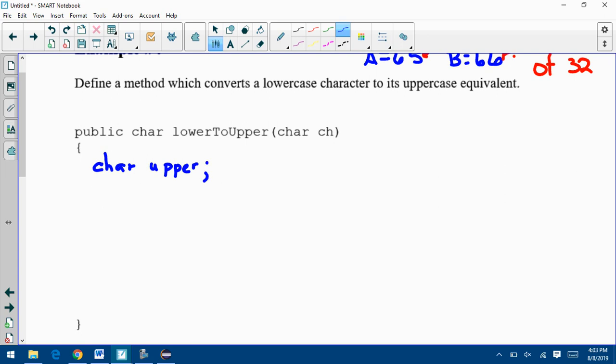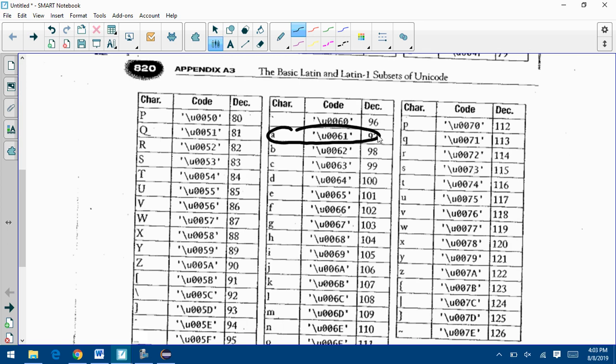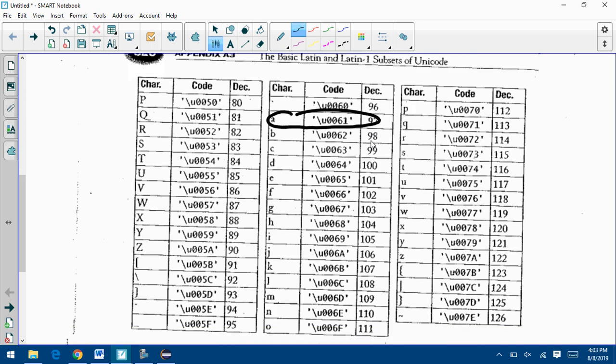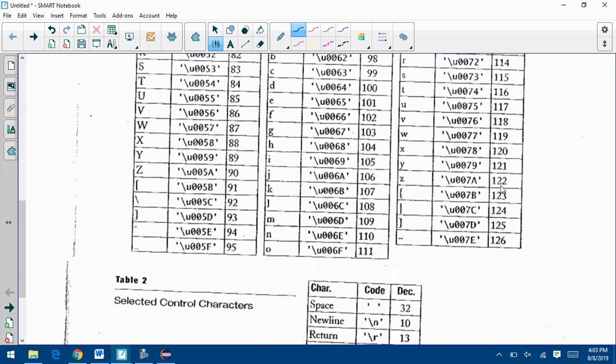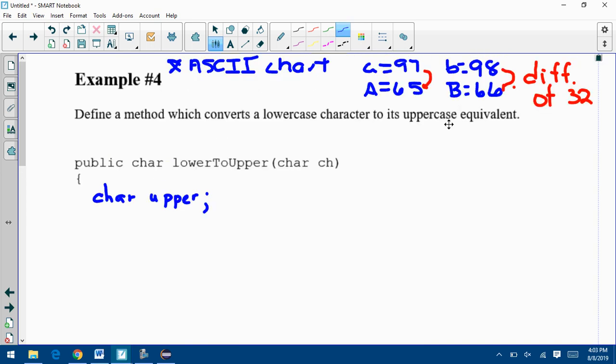Let's make sure they're actually giving us one of those values between a and z. I could check if the character that's given to me is greater than or equal to 97 and less than or equal to 122, because that's what z is. But the nice thing is we don't have to know those numbers, and that's why I said you don't have to memorize it. If you want to say you're between a and z, you can say if